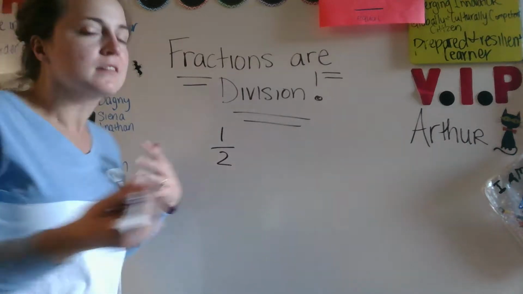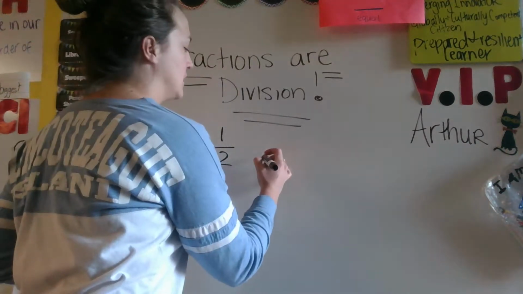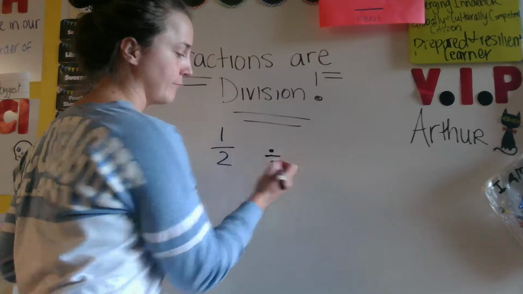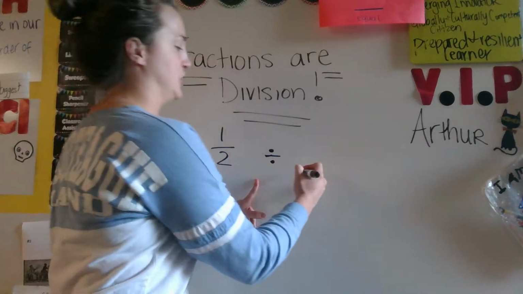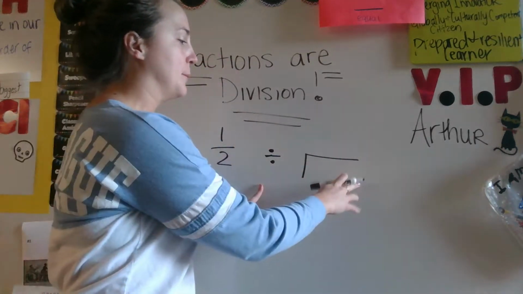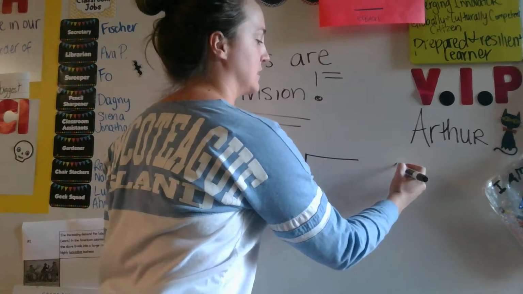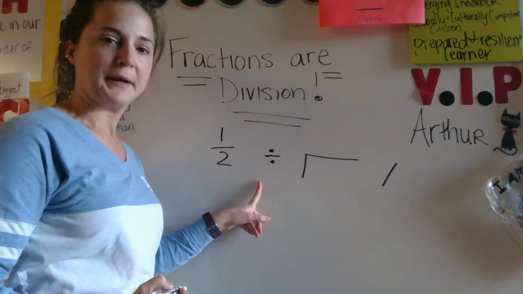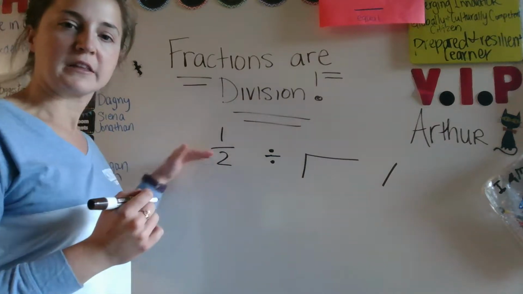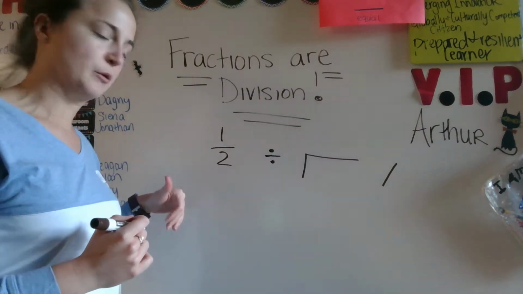So when we think about division symbols, we can think of division like this, like I call it the little house. And we can think of division sideways, right? But we can also think of it just as a straight across line, which is our fraction, where we put our